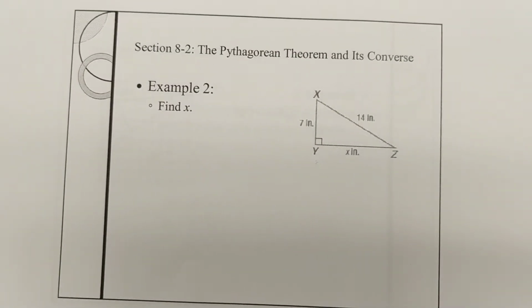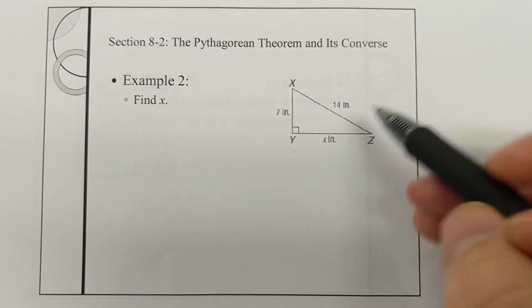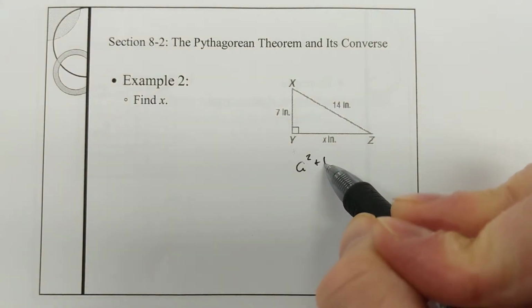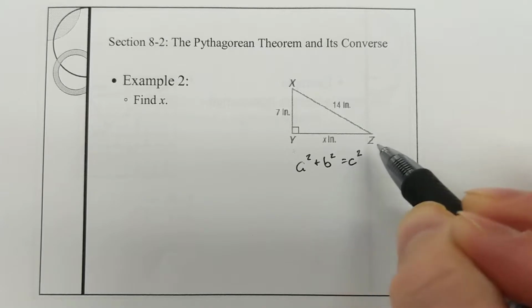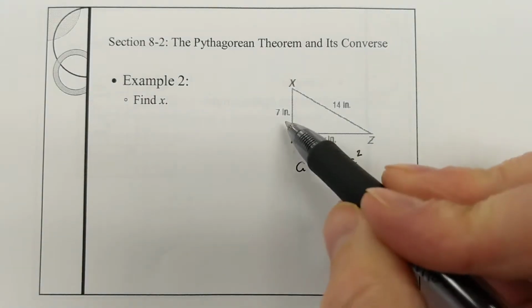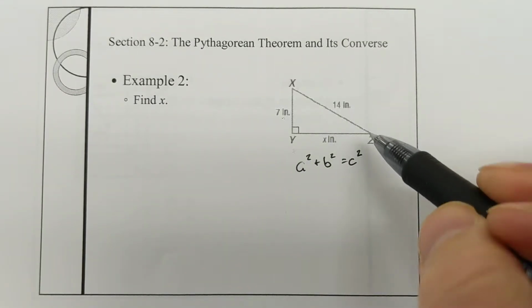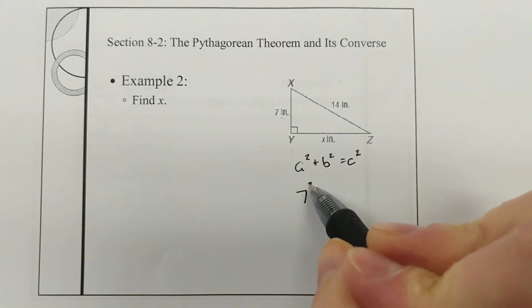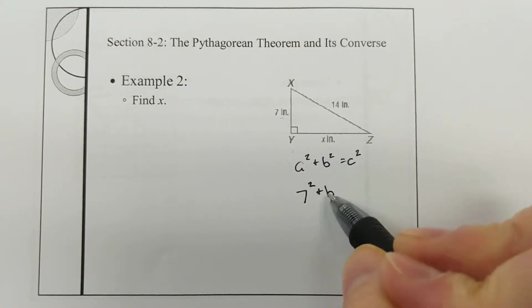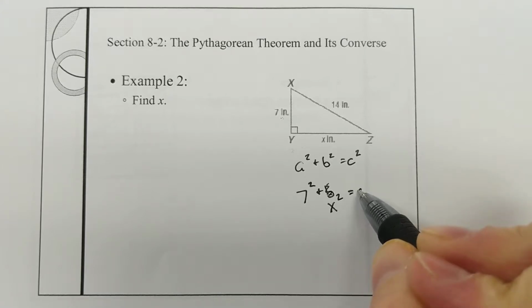All right, so example 2 here, you just have a standard triangle, so find x. Same thing, a squared plus b squared equals c squared. You just have to be careful because just because you have two numbers doesn't automatically make them a and b. So in this one, that's a and that's c, because c is always the longest side. It's always the hypotenuse. So 7 squared plus, well, we won't use b, we'll use x squared is equal to